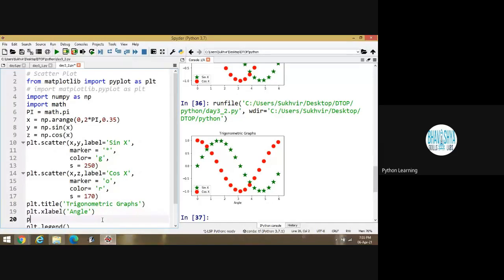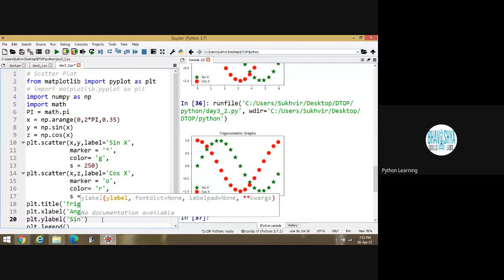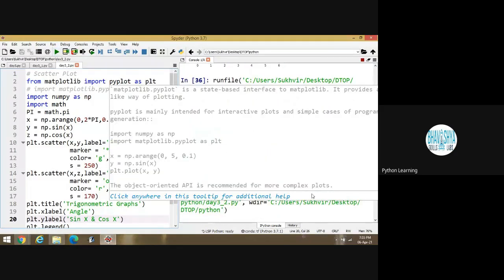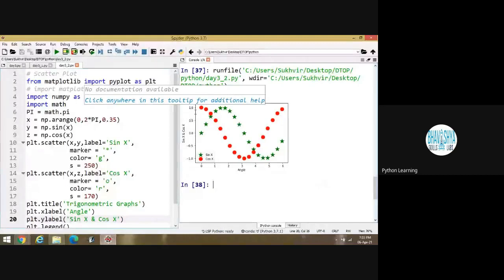Similarly, if I am writing plt dot y label, I can write here sin x and cos x. This one is the content. And execute the program again. You can display the values along the y-axis. Is it okay? Any doubt up to this point? Labeling. Up to labeling, is it okay?